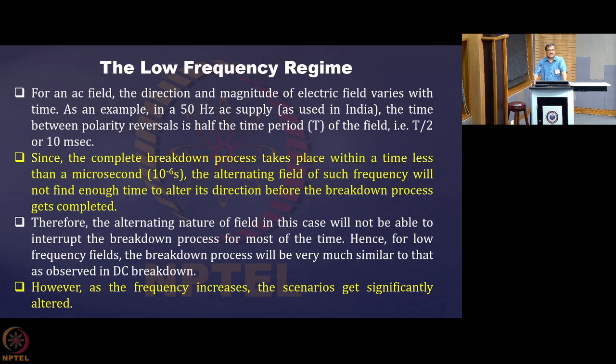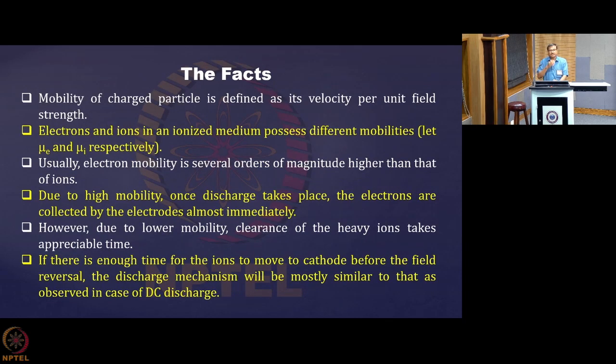But when the frequency is high enough, it may happen that before they get collected by one electrode, the field is switching. So before they are completely collected by one electrode, the charge distribution, for example the ion distribution, they were traveling in one direction because they are slow, they could not get completely collected. Before they get completely collected, the electric field is reversing its polarity. So in that case, what is happening? Some charge is always staying inside the discharge tube. So for that case, some charge is residing within the tube, so that will create some electric field.